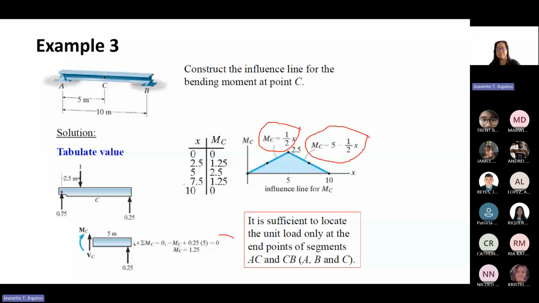Okay, this is a simply supported beam. You know that the influence line for any beam length will be like this. It will be like this, but the ends are 0. You take the middle, you have to take this so that you know the height of this. You don't need to have so many points. Just take the